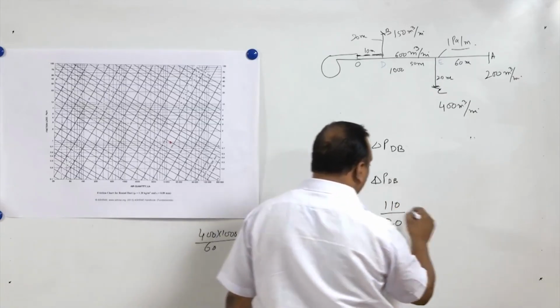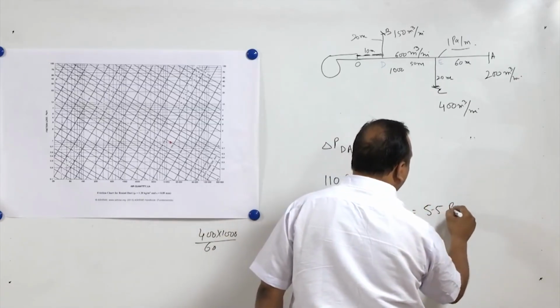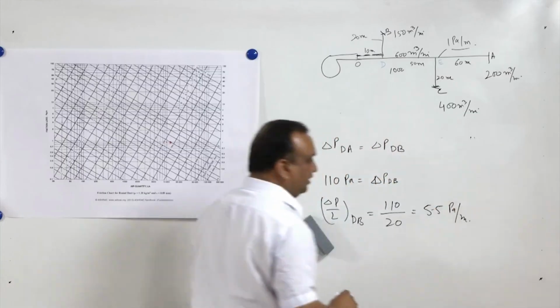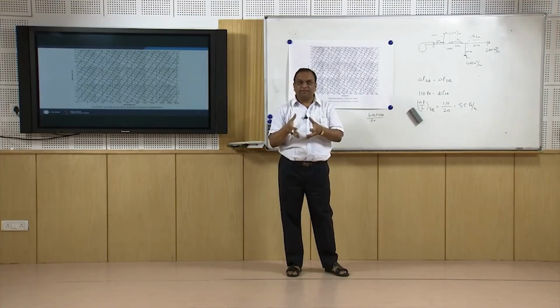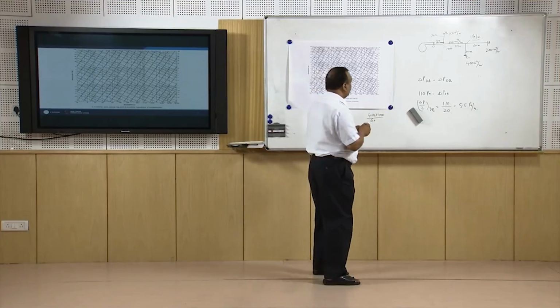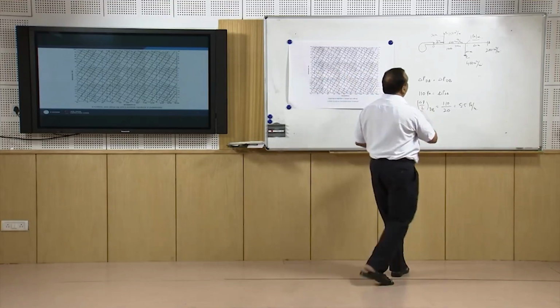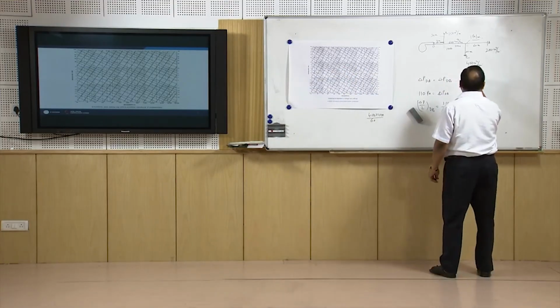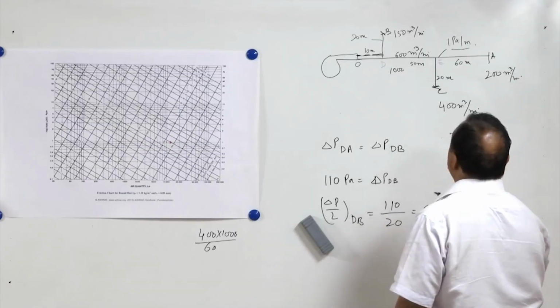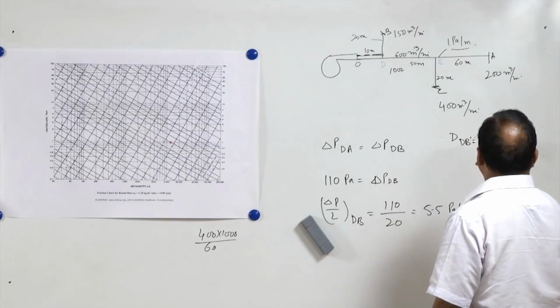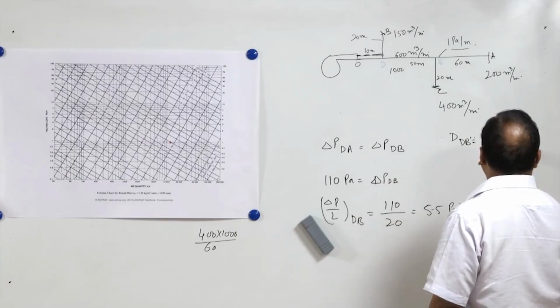So that is going to be equal to 5.5 Pascal per meter. So instead of providing a damper, we can reduce the diameter of the duct. That I will show you how. So for equal friction method, the diameter of dB is for 150 into 1000 divided by 60,